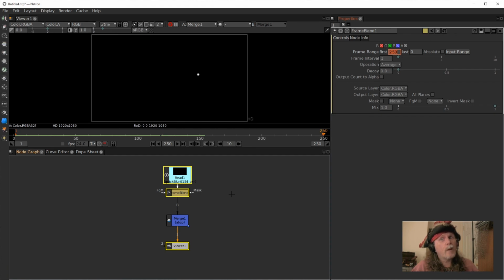This is taking a long time. All right, well, while this is going, I'm going to tell you, you do not want to keep the frame range set so that the first frame is set to 250. Instead, we're going to want to put an expression in here. Okay, and the reason is if we keep having it evaluate 250 frames